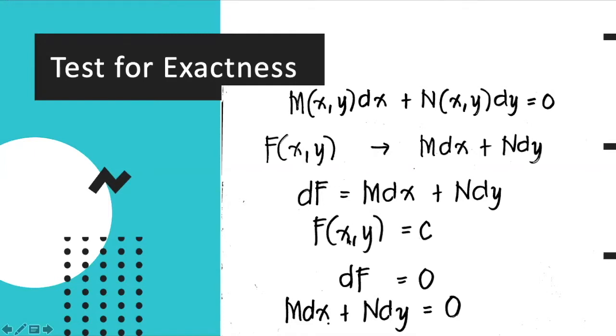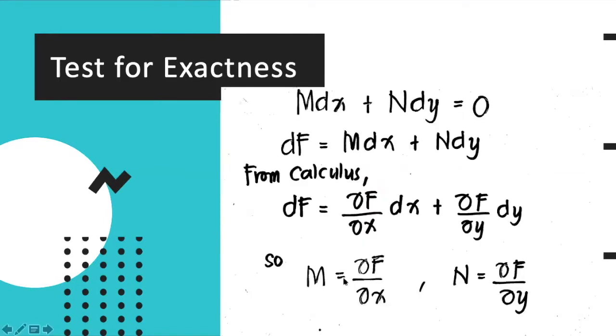So again, this function is a function of x and y. If we differentiate this function, it will give us df equal to 0. Thus, this equation can be written as M dx plus N dy equal to, what is df? So we have 0. So we can put into this form the resulting total differential of the given function. From calculus, the total differential of the given function, which is M dx plus N dy,